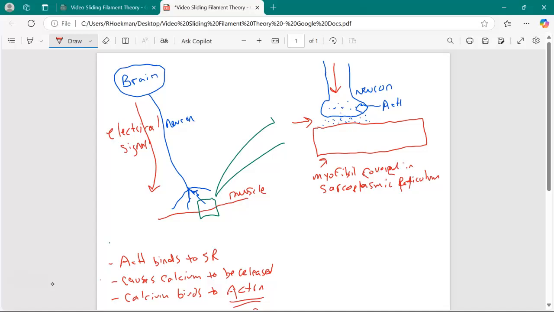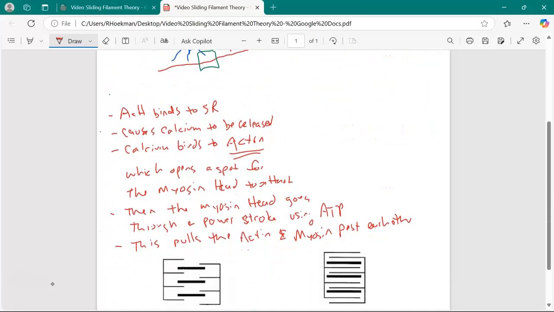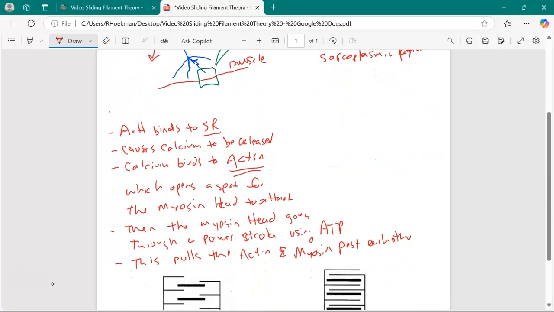Remember, our myofibrils are going to be our smallest unit, and it's covered with the sarcoplasmic reticulum. On the sarcoplasmic reticulum, there's little receptors for the acetylcholine. So the acetylcholine is going to bind to the sarcoplasmic reticulum, SR. When it binds, a whole bunch of chemical reactions happen, but basically calcium ends up being released. Okay, so calcium is released, and then the calcium is going to travel and it's going to bind to the